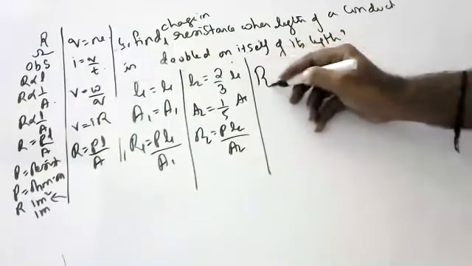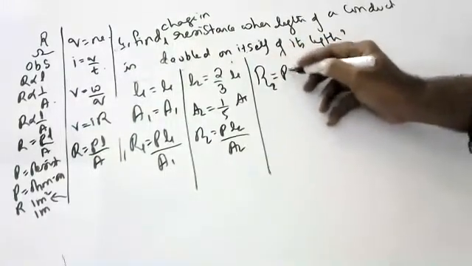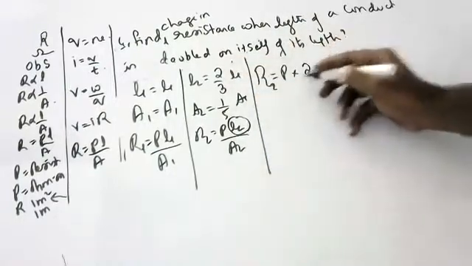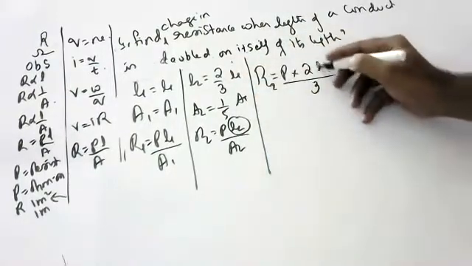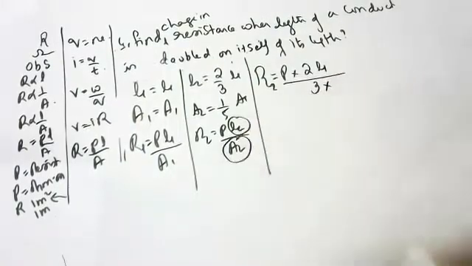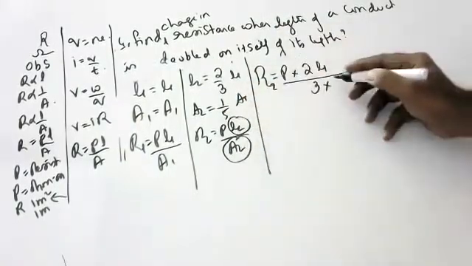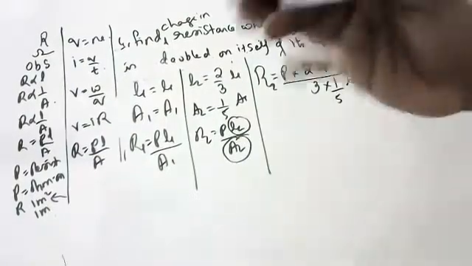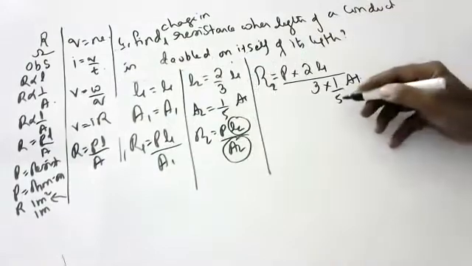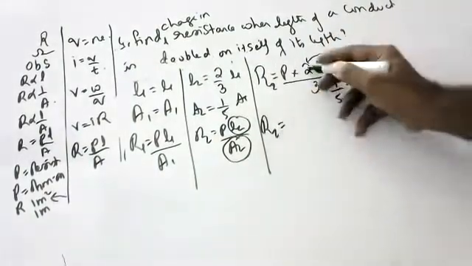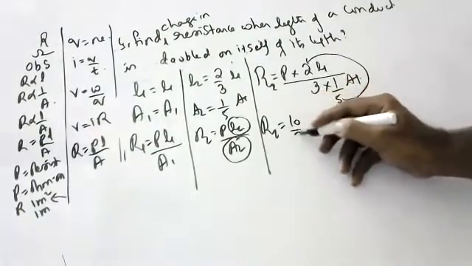Children, R2 is equal to... What is L2? 2/3 of L1, so 2 by 3 L1. What is A2? 1/5 of the area, 1 by 5 of A1. You should understand, children. There is no other alternative. So the 5 will go up. R2 is equal to 2 fives are 10, 10 by 3